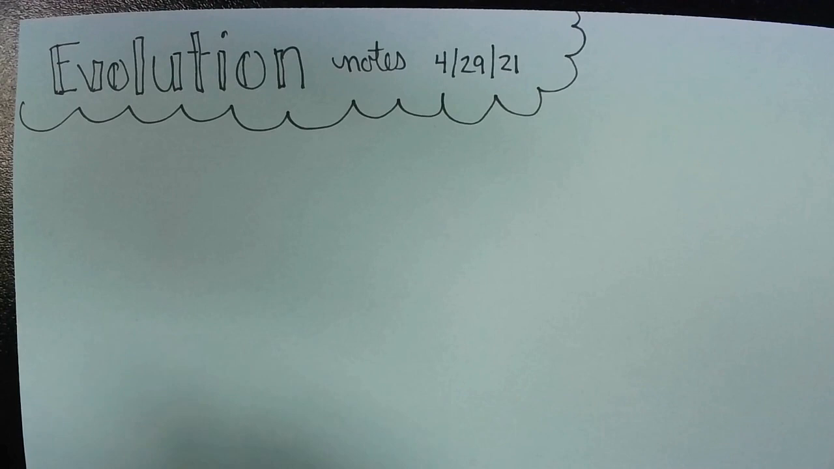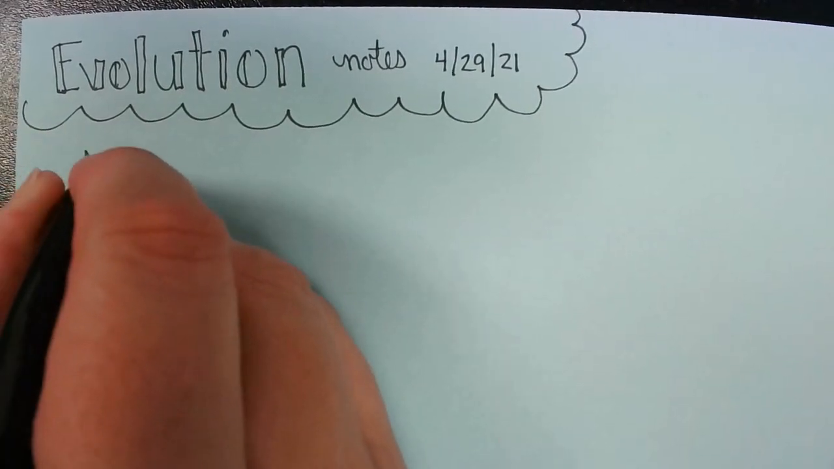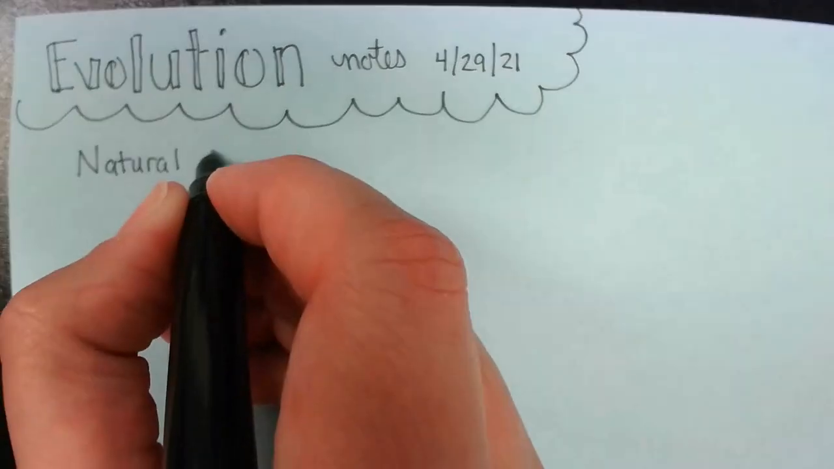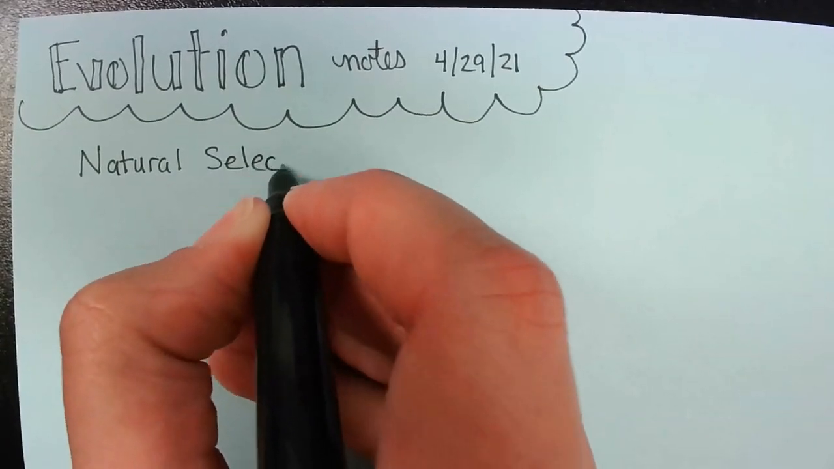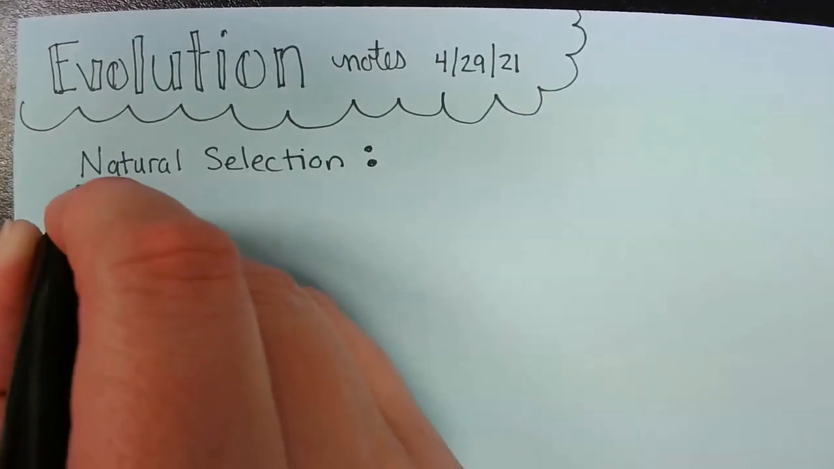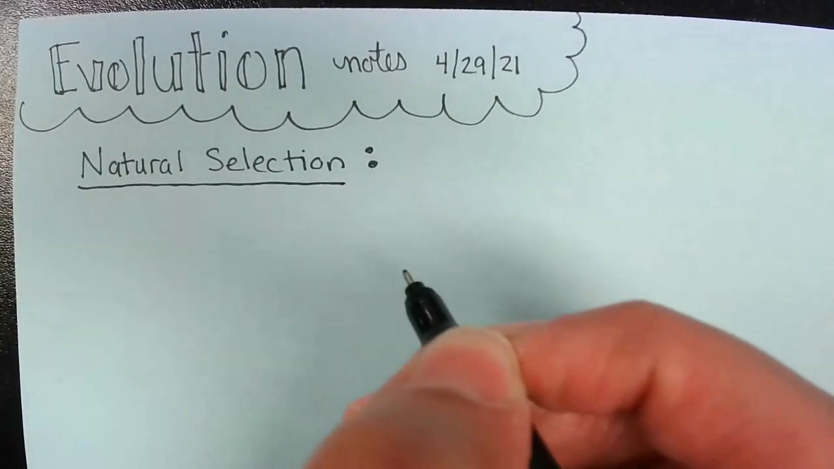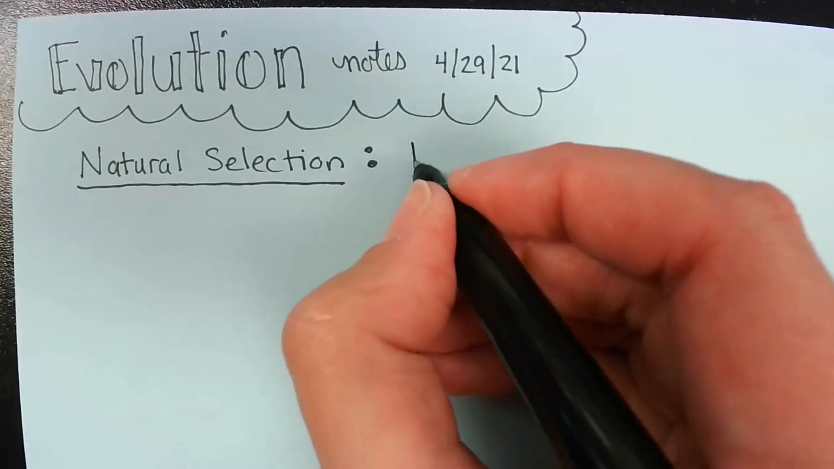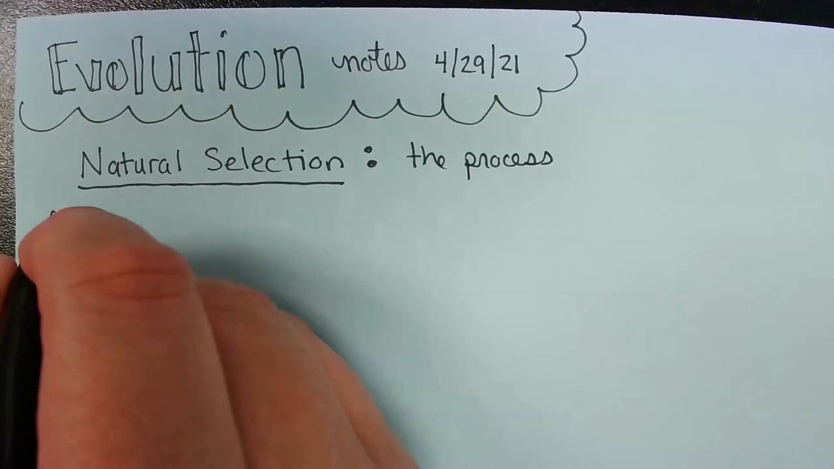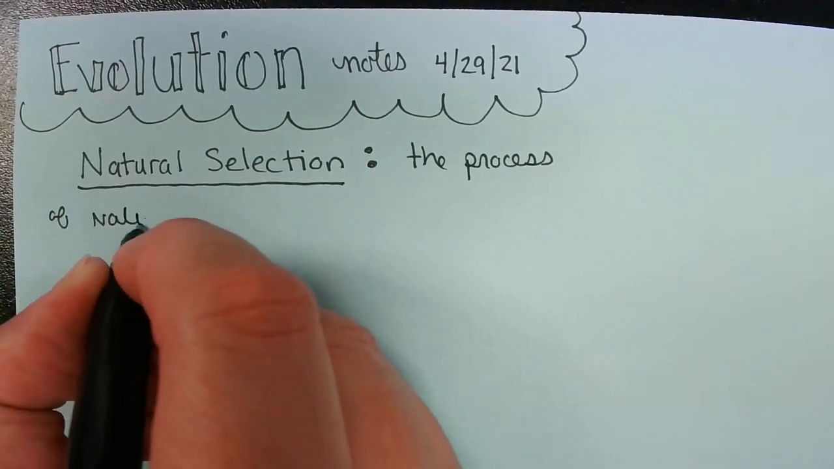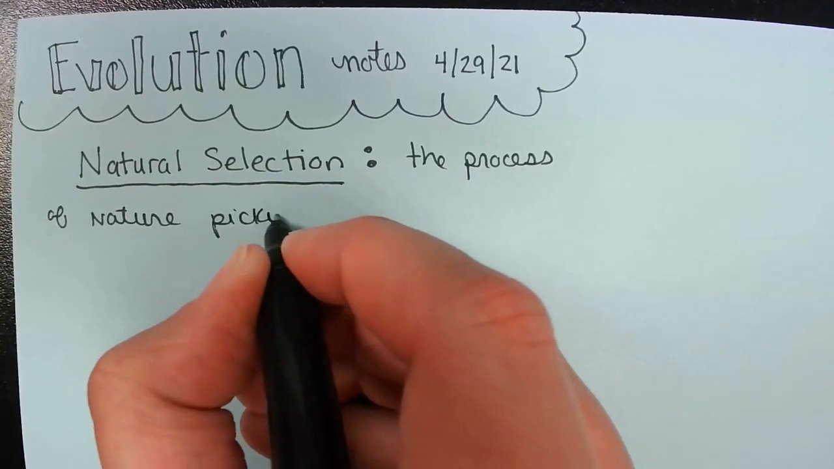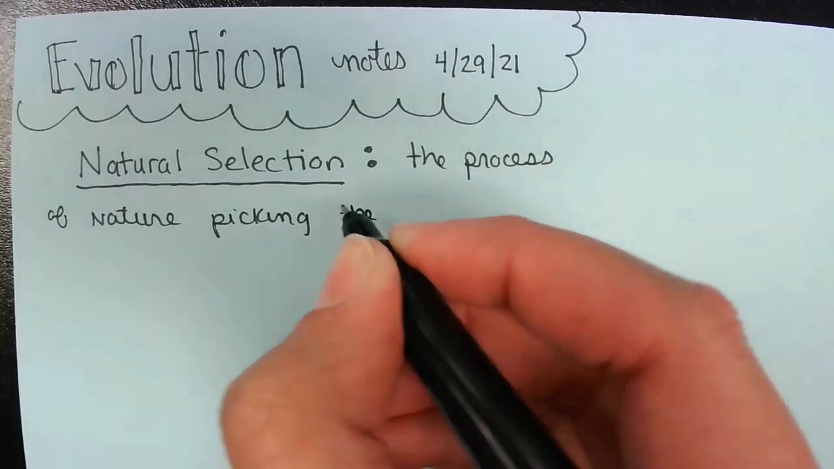So first things first, we need to define natural selection because that's kind of this big key concept we've been talking about. All right, we did our Donald Duck versus Daffy Duck lab to introduce us to natural selection. So let's define natural selection. Natural selection is the process of nature picking the best